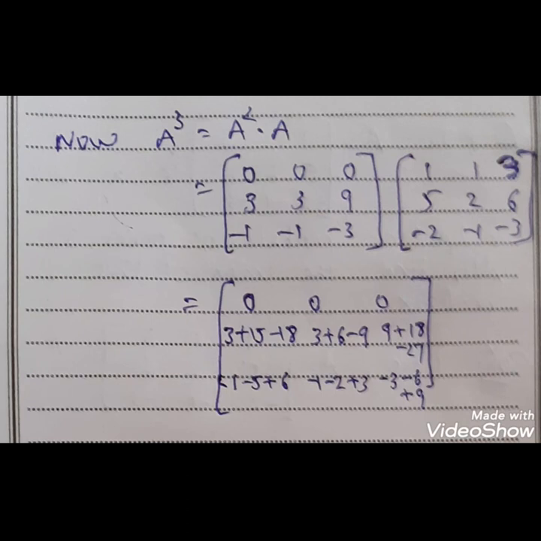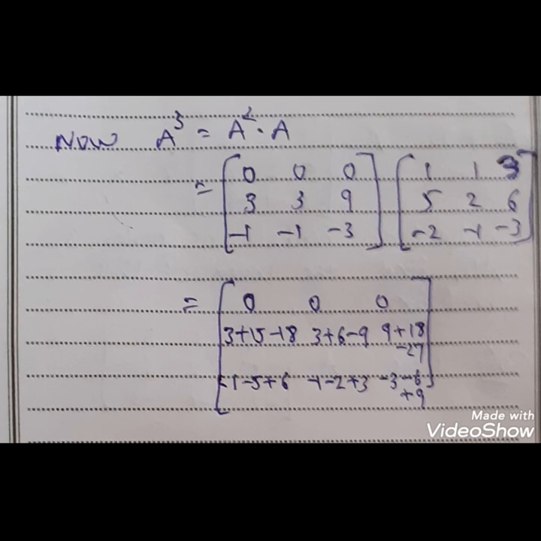Now if we multiply the first row with the first column, then the first element of the first row is multiplied, then with the second column, then the second element, and with the third column, then the third element. But all the entries of the first row are 0. So if we multiply with any column, all the entries should be 0. So here all the elements of the first row will be 0. So 0 0 0 are the elements of the first row. Let us find the elements of the second row.